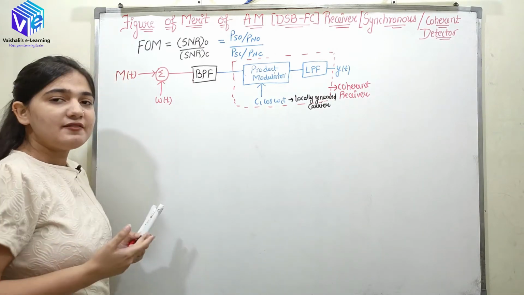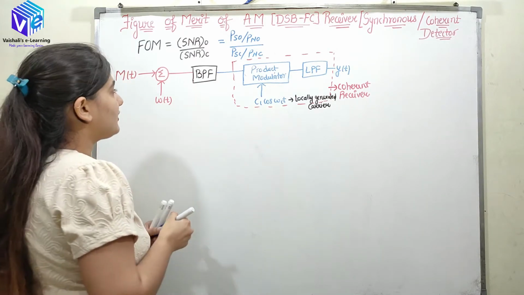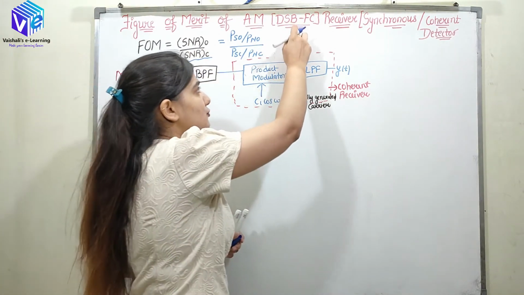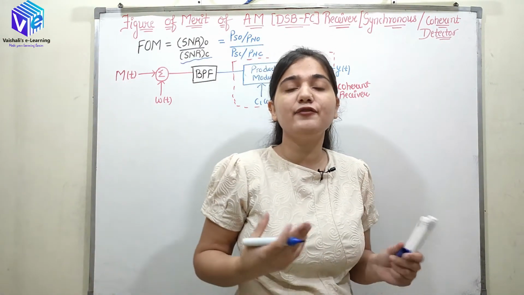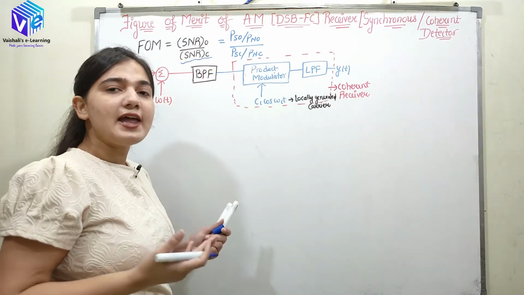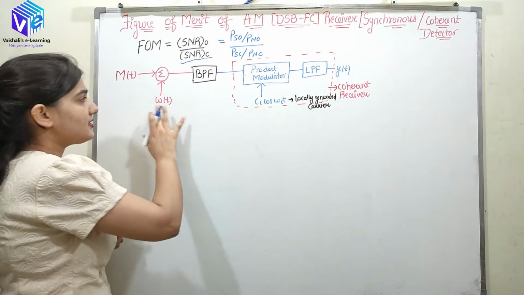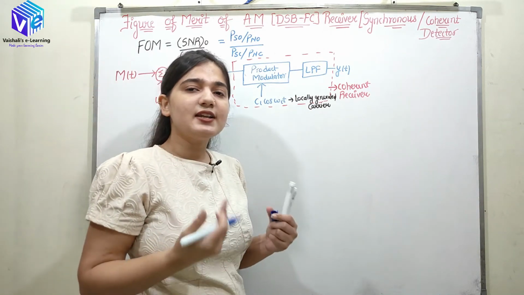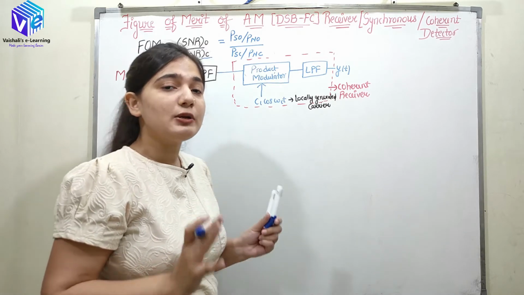Now in my previous video I have already talked about the SNR of the channel. Because we are using the same double sideband full carrier type of amplitude modulation, the SNR of the channel will be the same. So what has changed here? The change is in the receiver only. So I am not going to repeat the SNR of the channel again.